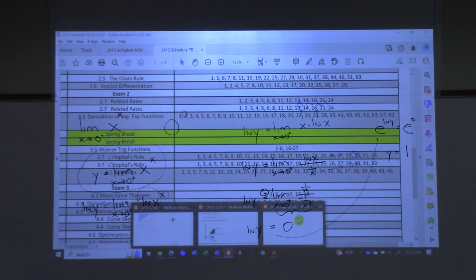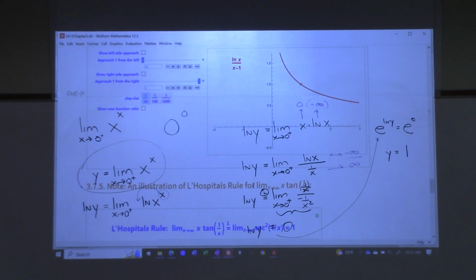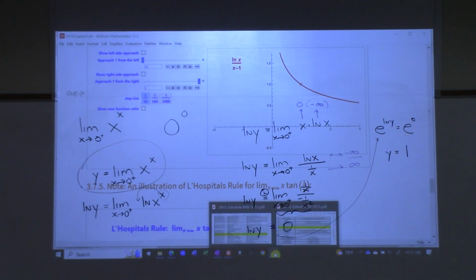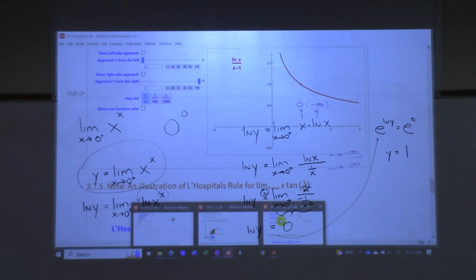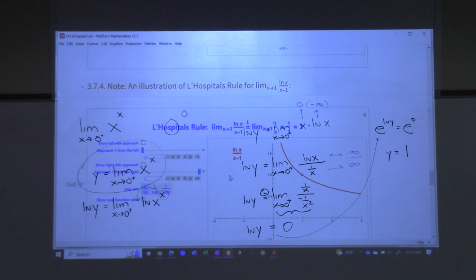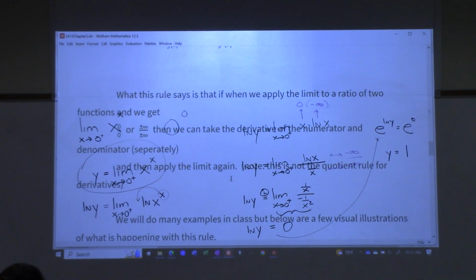I'll put it up here. Just remember, all these notes are online, right? I just don't want y'all to forget that. Everything I put up here on the board is also